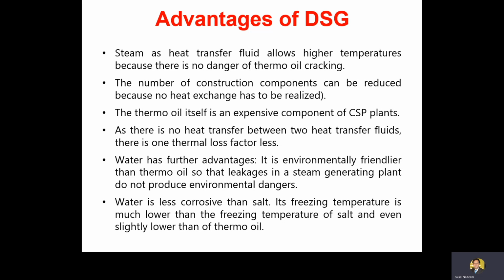So if we maintain a certain pressure of the water inside the absorber tube, the water will accumulate more and more temperature, and the steam will become a saturated steam. And this saturated steam, directly converted from the water, will be passed on the turbine,